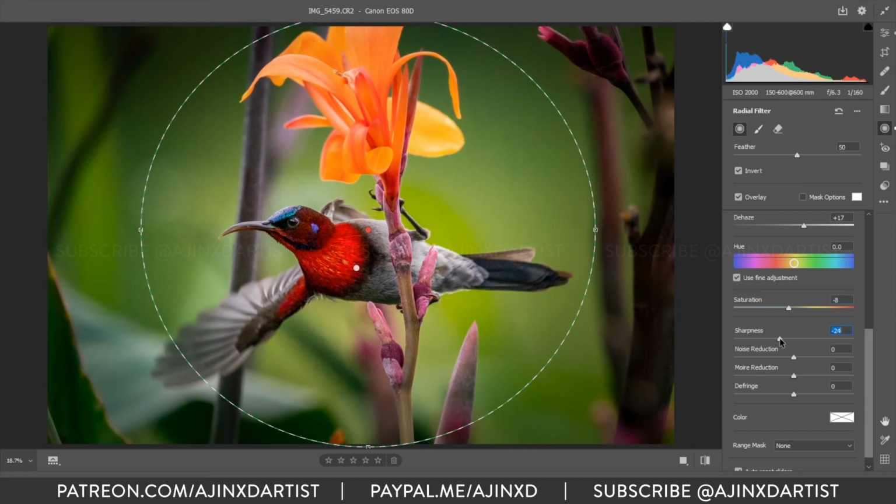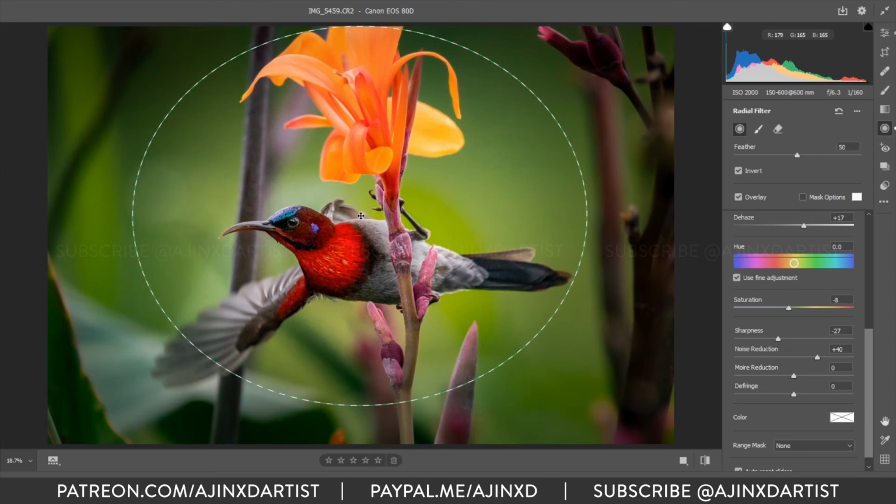Sharpening, I can go into the negative and it de-sharpens the image and adds more sharpness to the subject because we have added sharpness. Noise reduction, yes, I will add noise reduction because I don't want a lot of details in the rest of the image and a lot of noise as well, so the higher you go, the smoother the image will look.